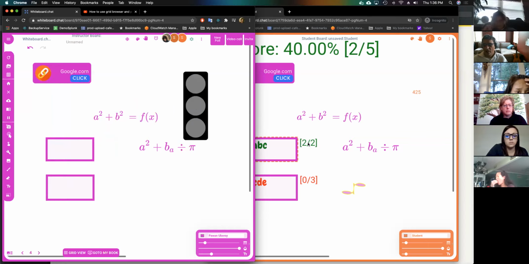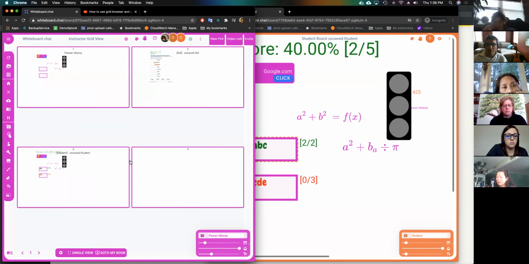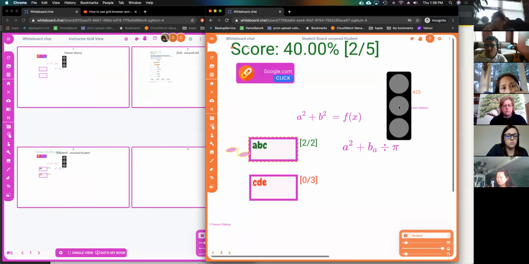And as soon as you do that, what happens is you can see that it is coming on the student board as well. And the students can signal back to the teacher by just clicking this stoplight saying, hey, I don't understand, or